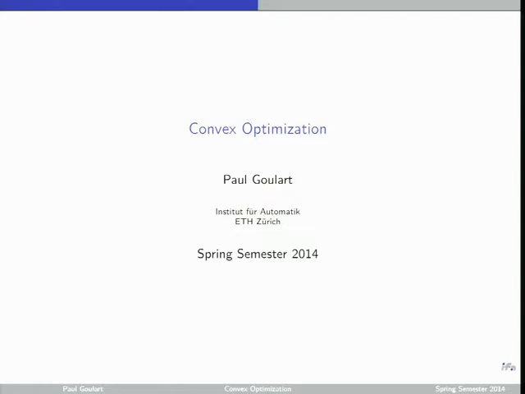So before I start, maybe you can just show me with your hand how many of you have taken a course on optimization before? Okay. How many of you know what a convex function or set is? Oh, okay. Good. Okay. Well, we're going to have an easy time. Okay. So